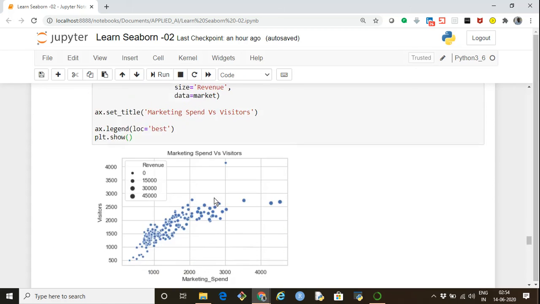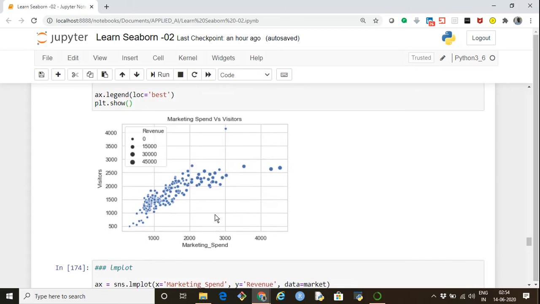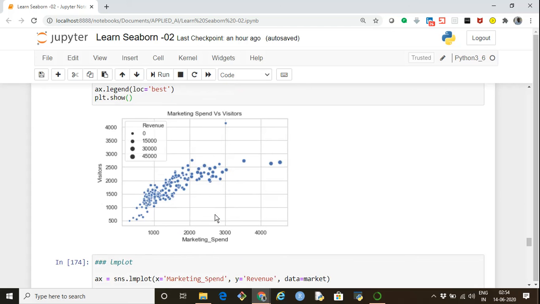Next, we can govern the size of these dots also. Let's say I want to find out the relationship between the marketing spend and whether this marketing spend was able to bring more visitors or not. Ideally it should, because the more you spend on marketing, the more visitors should be attracted towards the ad campaign and visit the site.